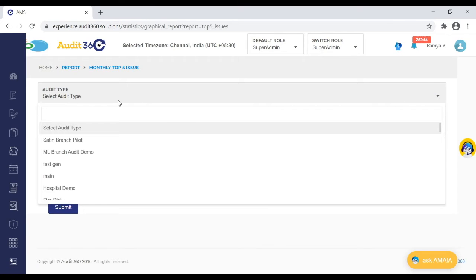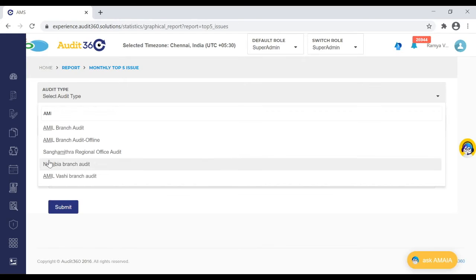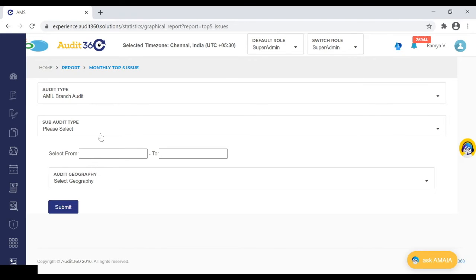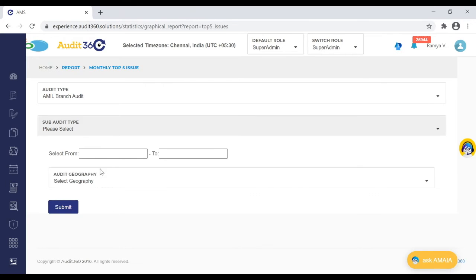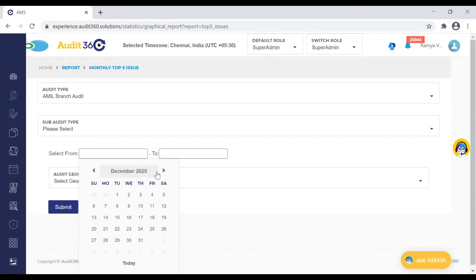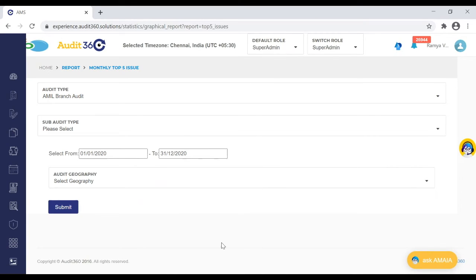So let me just show how you can generate the report. I'm just choosing an audit type. Sub-audit type is optional. If you would want to go at a particular sub-audit level, you could also see. If there are audits which are created without any sub-audit, directly created using a general audit, the sub-audit option will not have any details to show. Otherwise, you would have all the sub-audits listed here. And you can choose a date range. So let me take something from Jan till date